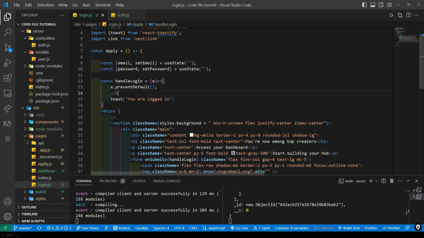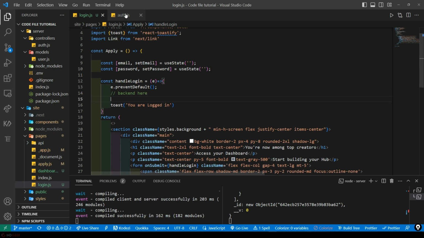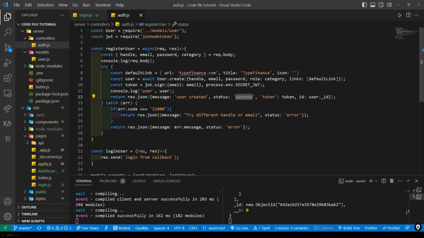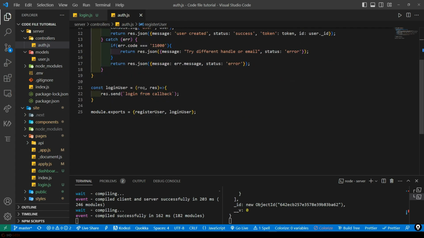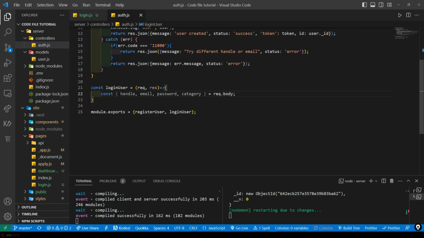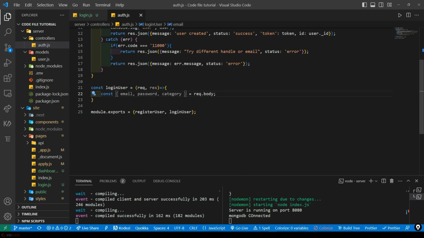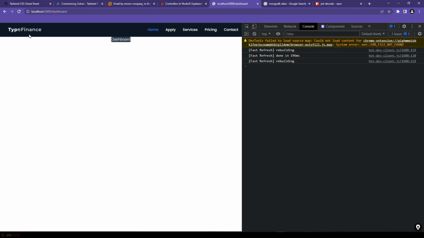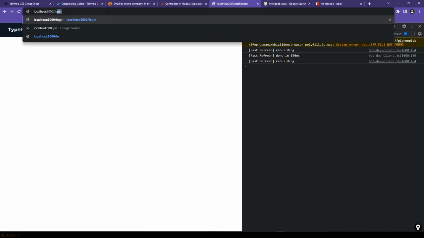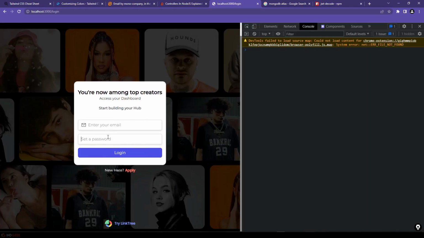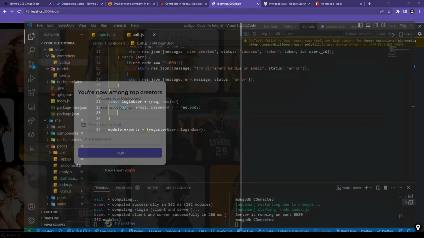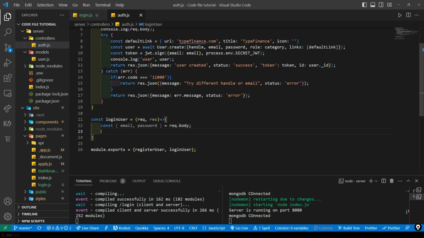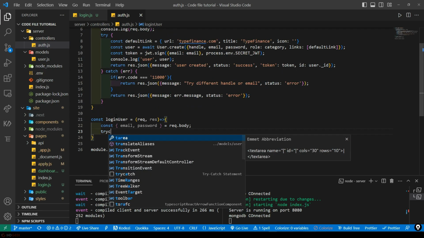And now we will do the backend implementation here, and coming to our login user, we will receive the same from the request body, but we won't receive the handle as well as not the category. We will only receive the email and password from the front end. Let's open up the login page. Coming to the login page, we are receiving email and password, and everything else will be just like the register. We will add a try catch block,